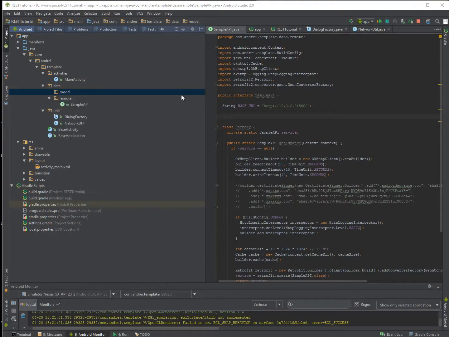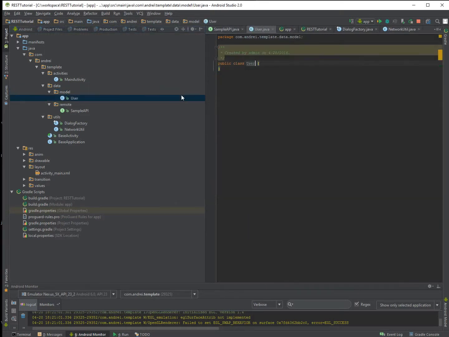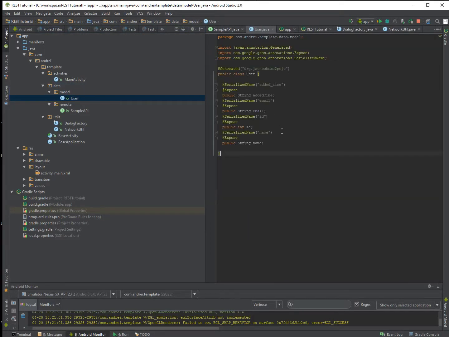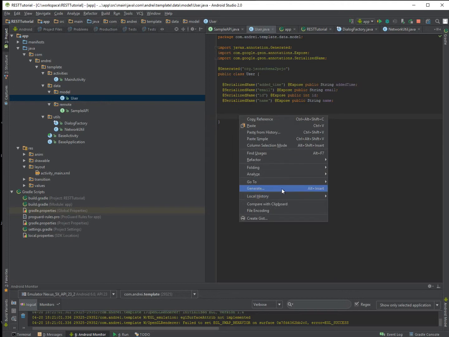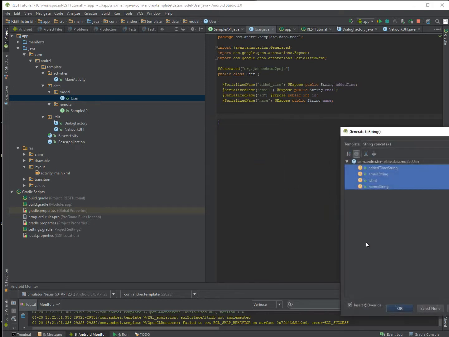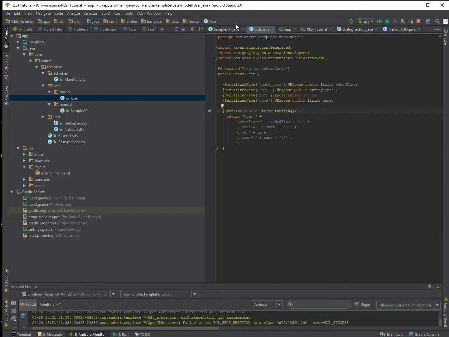use this class here under the data model user class. And for the sake of readability, let's generate also the toString method. Okay, so we have our